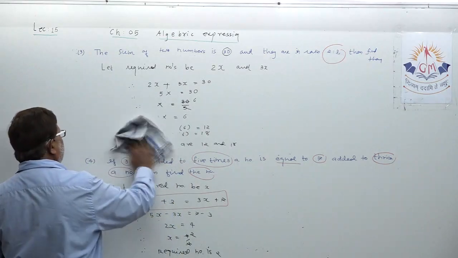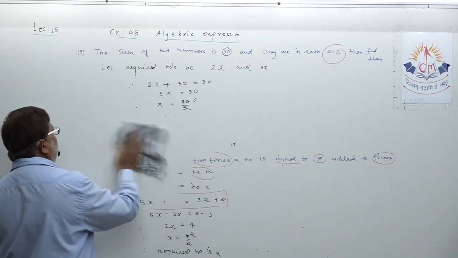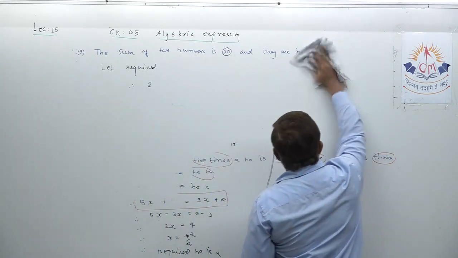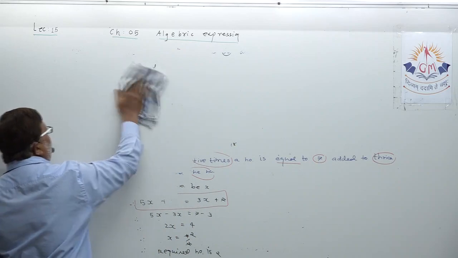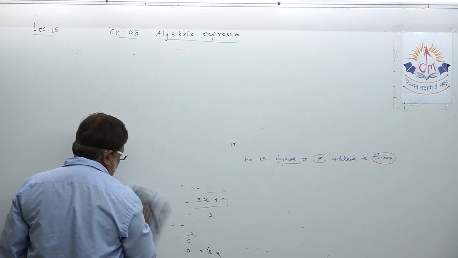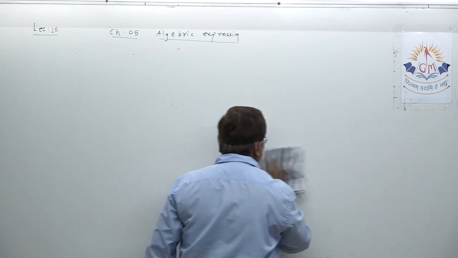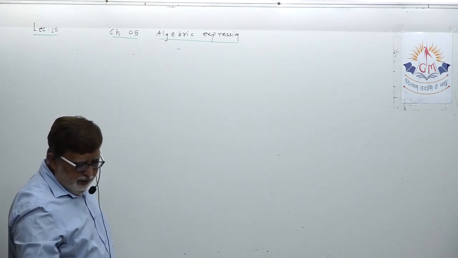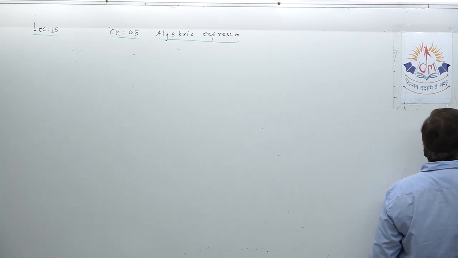Okay. Let us take question number 5, dear student. Now when we take question number 5, you have to understand one very important concept. I have taken examples of one number, two numbers, two numbers in ratio. Now we are taking a totally different example. Try to understand. Example number 5 we are targeting today.